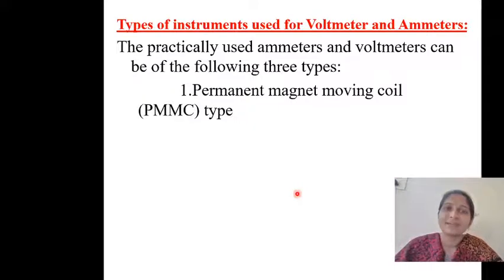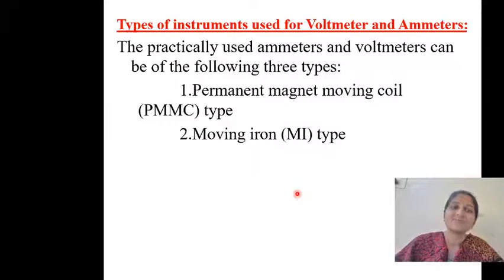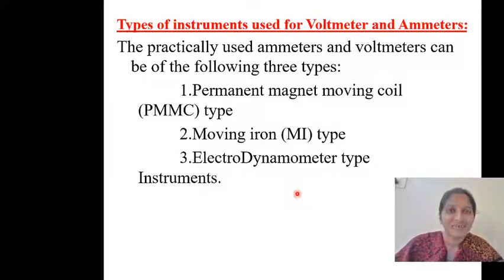First one is permanent magnet moving coil type, that is MC type, and the second one is moving iron type, that is MI type, and the third one is electrodynamometer type instrument. So these three are the different types of instruments which we are going to study now. So in that first one,